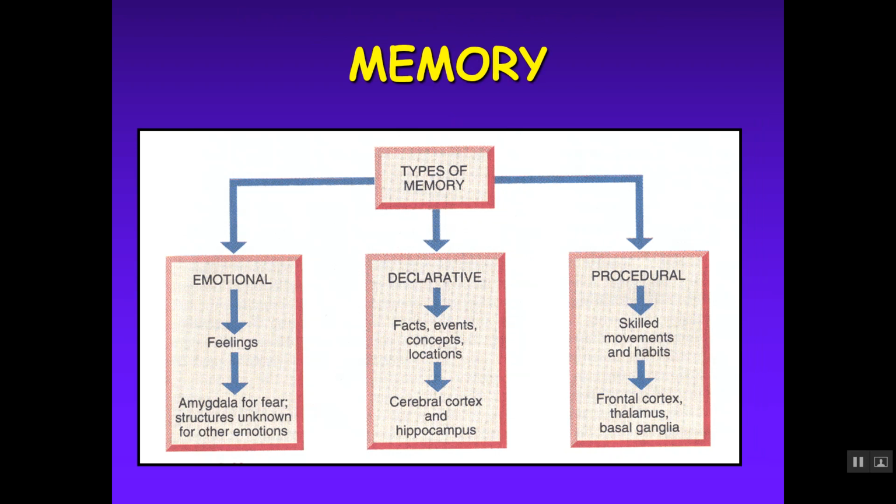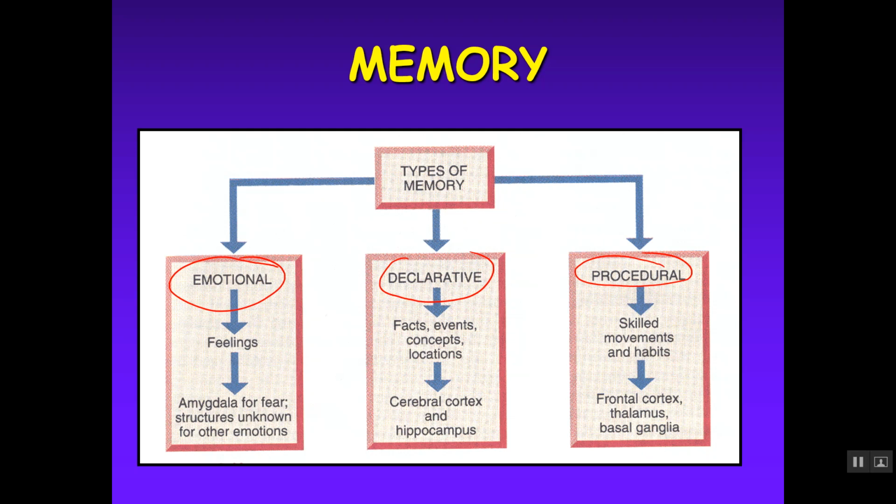Talk about memory now briefly. That's a very cerebral function, at least the type of memory we're talking about, like you're doing now. Declarative type memory and emotional type memories are the two that are mainly cerebral type processes. Procedural memories, skill-based memories, can also happen in the cerebrum, but a lot of that's also done in the cerebellum as well, which it doesn't show there, but cerebellum is very important for